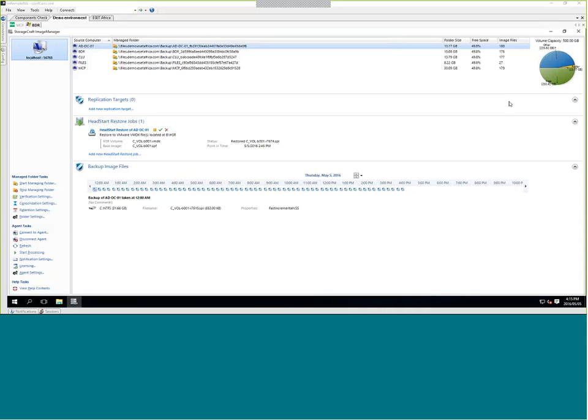With regards to ShadowControl, it is deployed as a virtual machine template. And basically what that means is you can either deploy the VM template or you get an ISO so that you can simply attach that ISO to a particular machine and then boot it up and start the installation of the ShadowControl process.